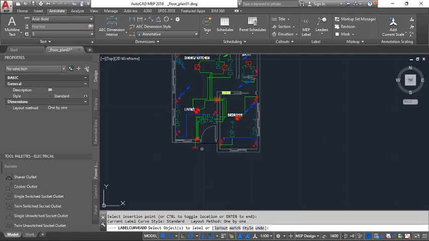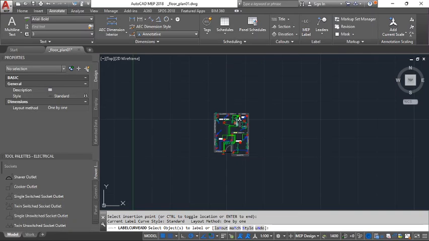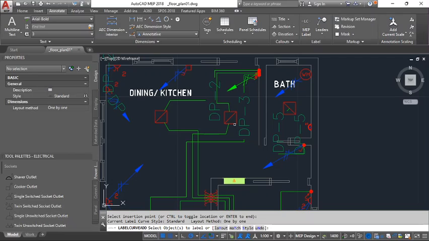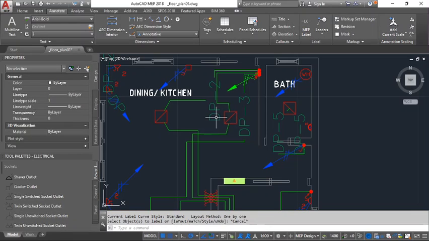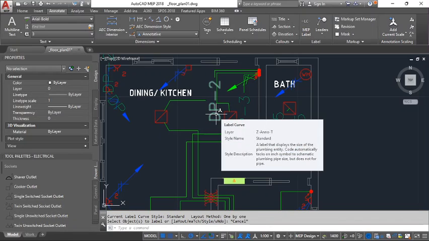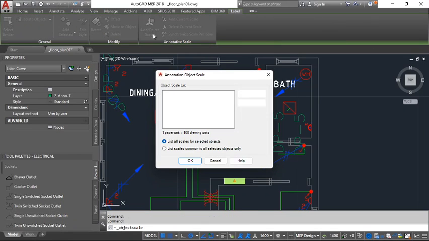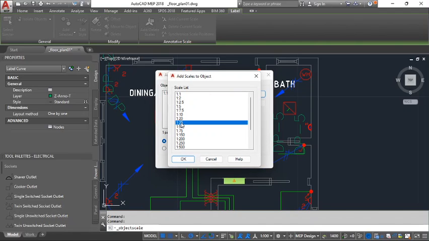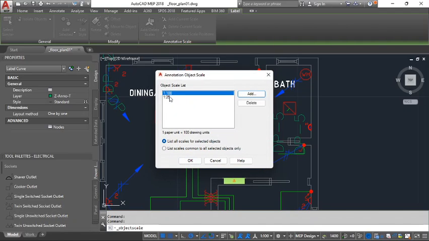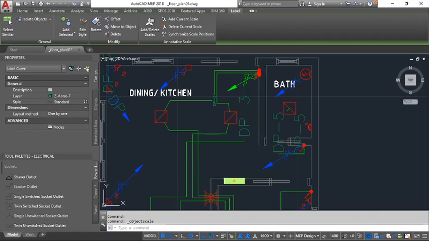Okay. So now that we have everything labeled, we need to change the font size of these labels. So for that we can just select one of them and add or delete scales. The scale is 1 to 100, so we need something smaller like 1 to 25. So we delete the first one and then 1 to 25 will be left. So when I click OK,